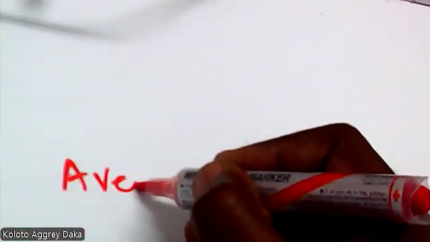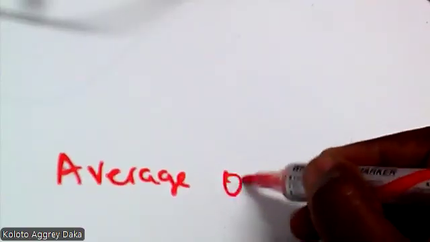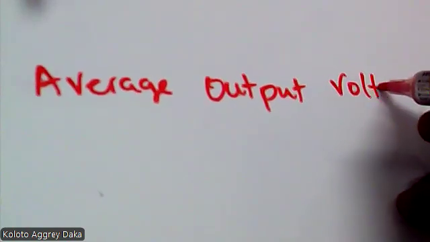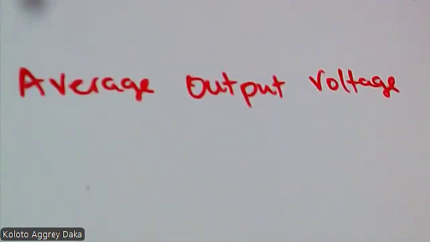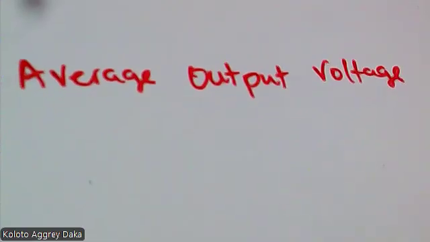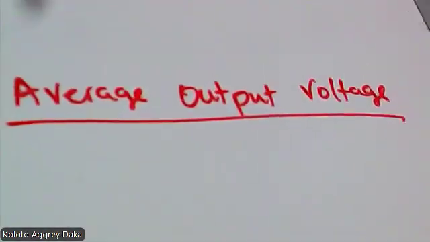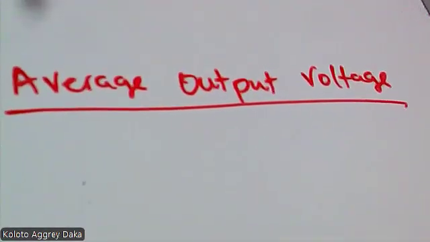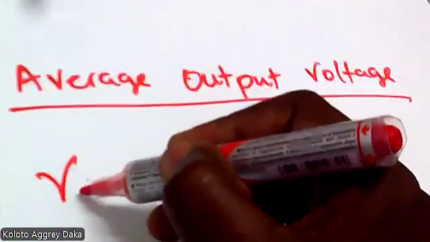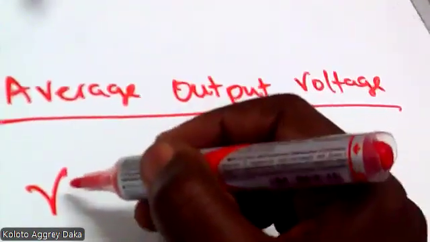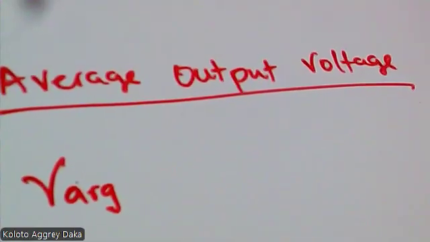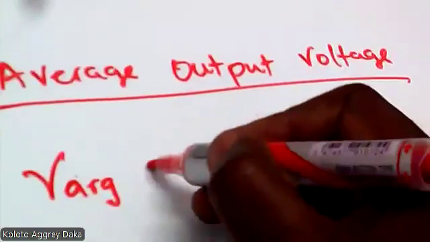For me, even if we solve one or two questions, what is important is the time to explain these things, so that even if the question comes in a different format, you should still be able to get it. We are not interested in quantity, but quality. V average is equal to